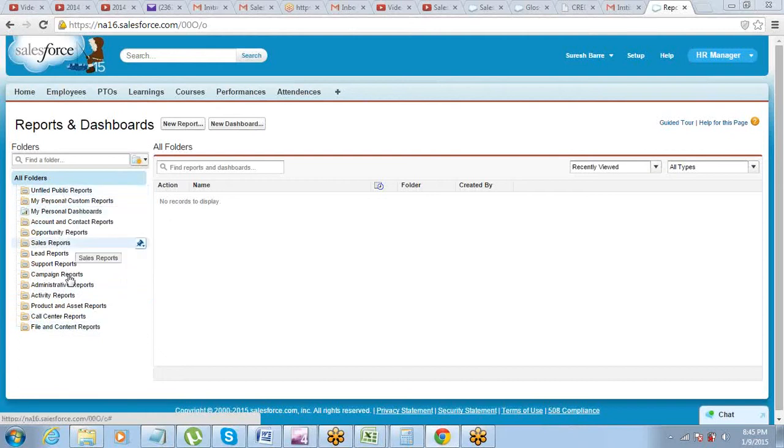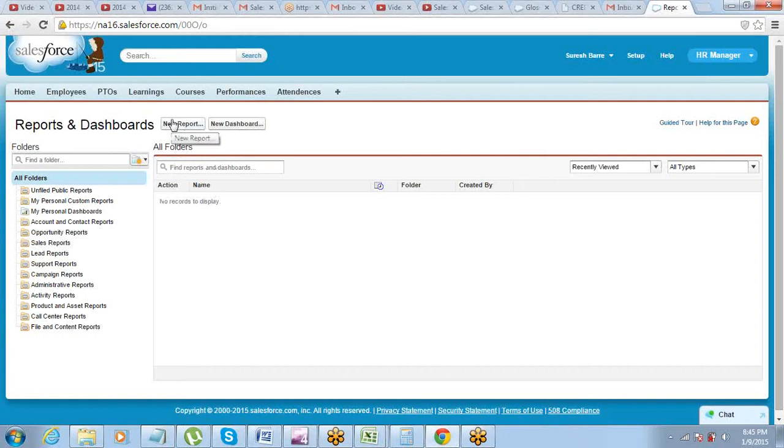So you see a lot of folders listed, but we don't have to get into the folder right now because at this point of time we have not created any report. Let's go ahead and create the report. If you want, you can create your own folders as well. You can just click here and you can say new report folder. Okay. So we are not creating the folder. Let's start with creating a new report.